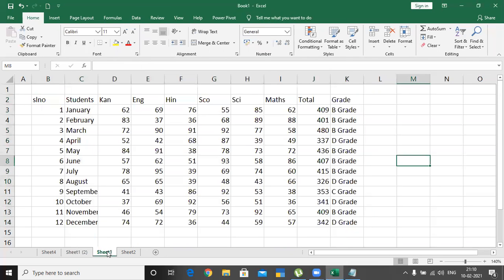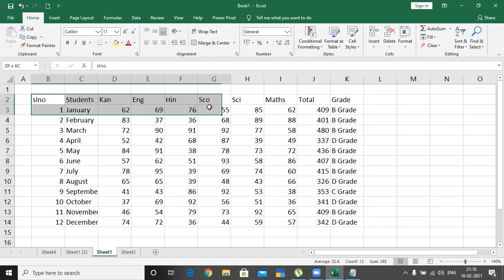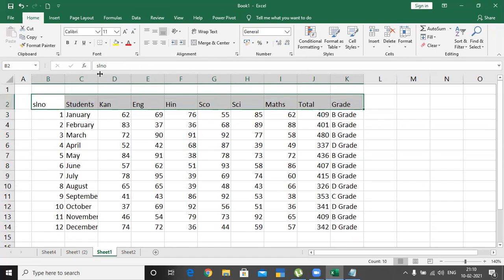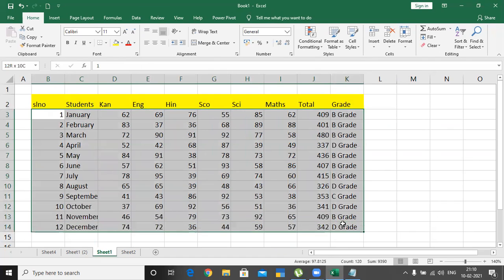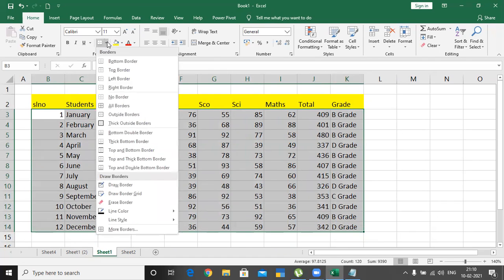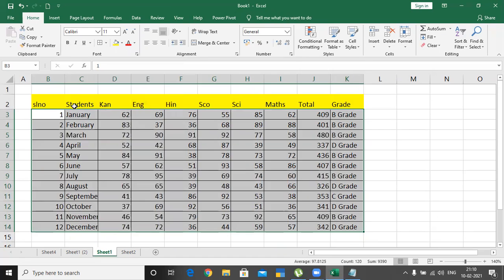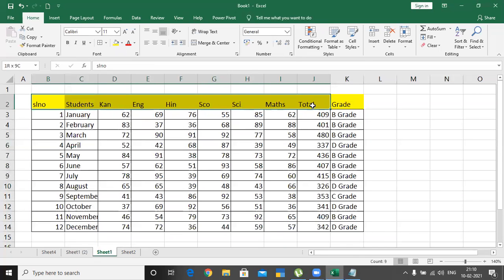And the second method is select this data, then click and drag and apply the fill color. And here also you take borders as you wanted, and increase this bold and apply the border.